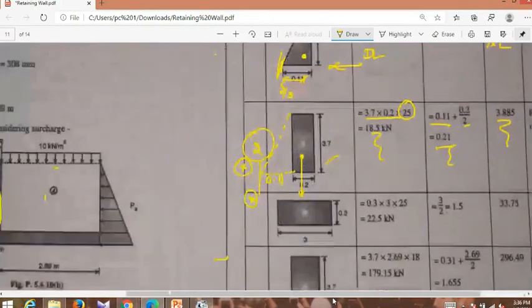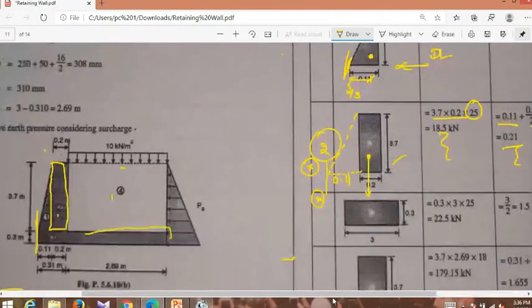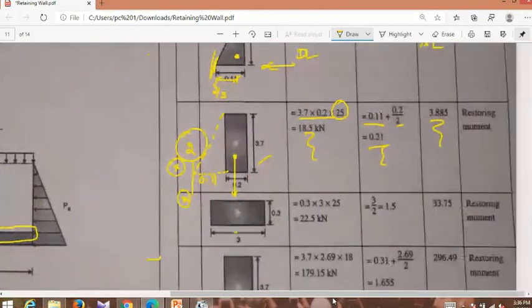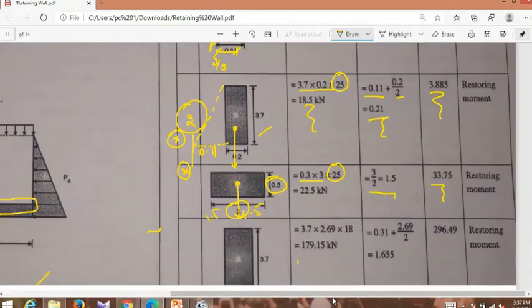Next, the third component what we have, this bottom one. Correct. We have taken the entire bottom and the thickness of that one. This dimension is multiplied by the density, and CG acts at the center point, that is 1.5 here, 1.5 here. Okay, and we will get the moment.